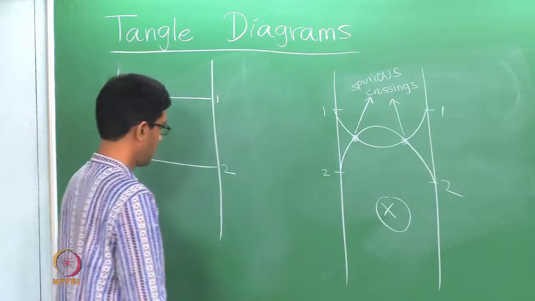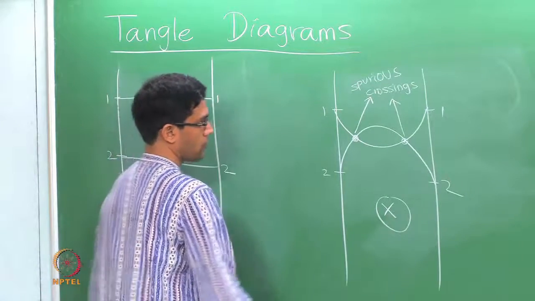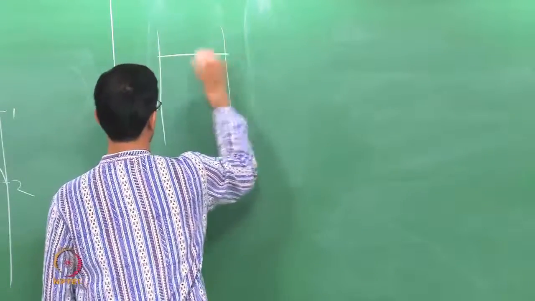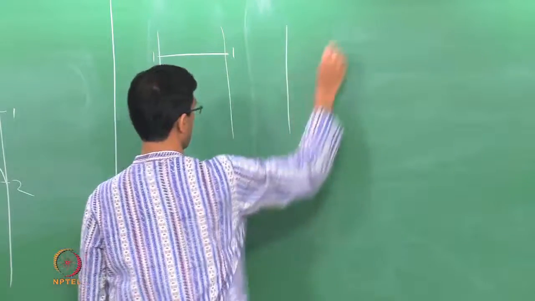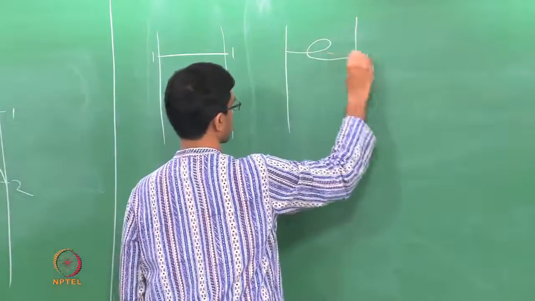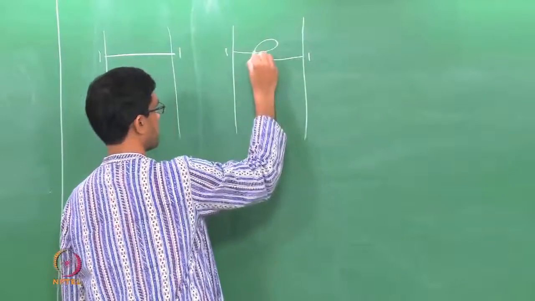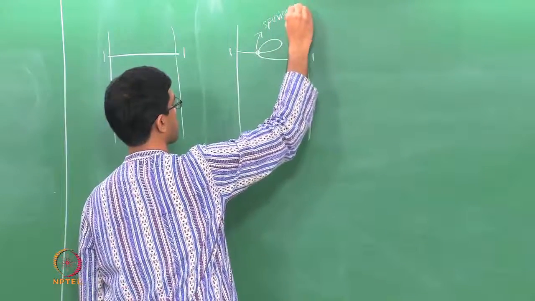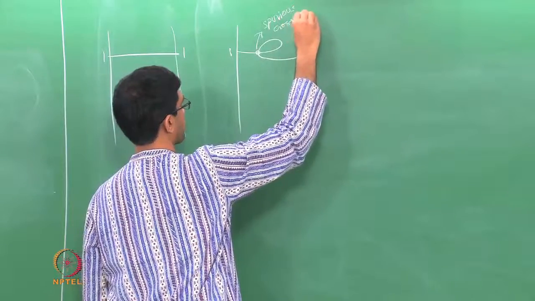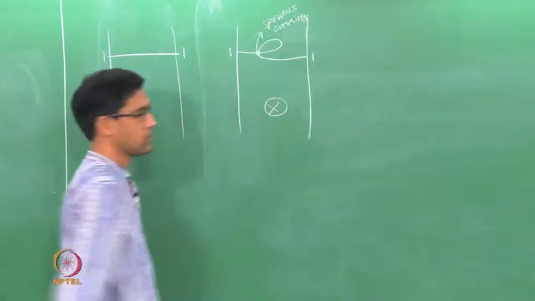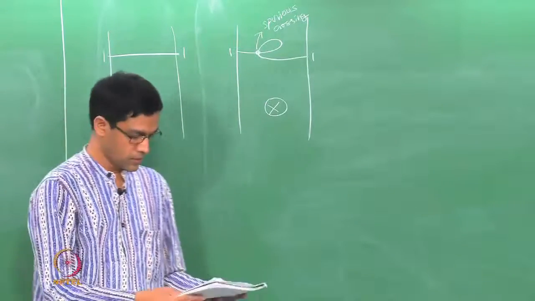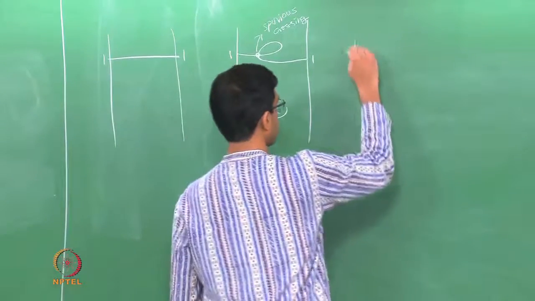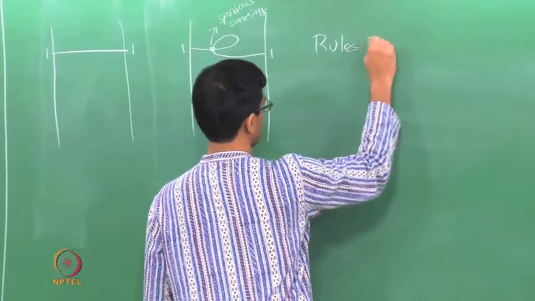And there are other things you could have done. You could have even looped. So what's another way of producing a spurious crossing? Similarly, if I had a permutation of a single number, 1 going to 1, I might have drawn it like this, which again ends up producing a spurious crossing here. So you really do not want to have configurations like that. What we want to do is to write down a couple of rules which will prevent these sorts of things.